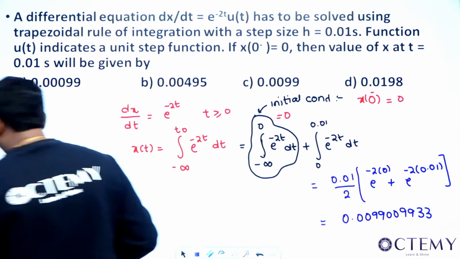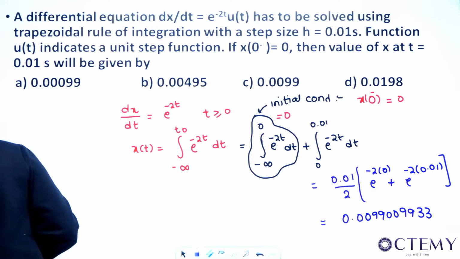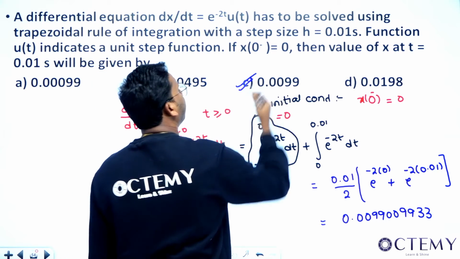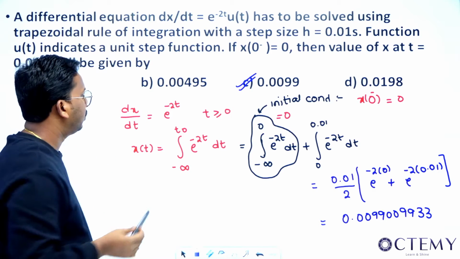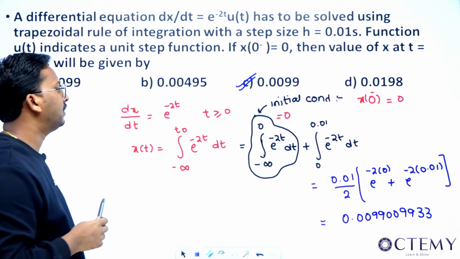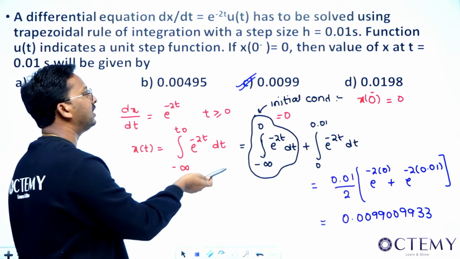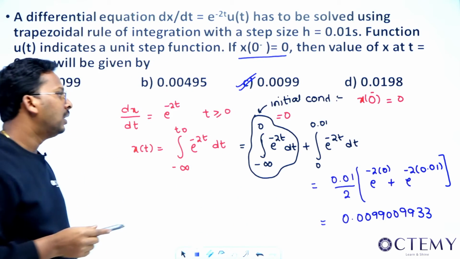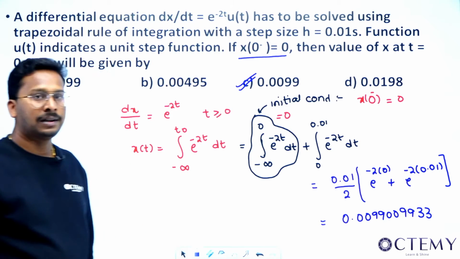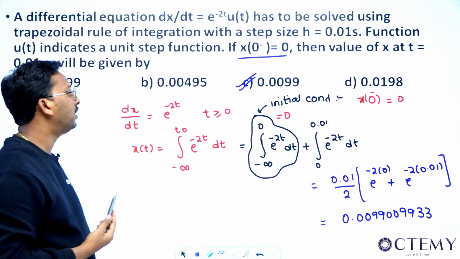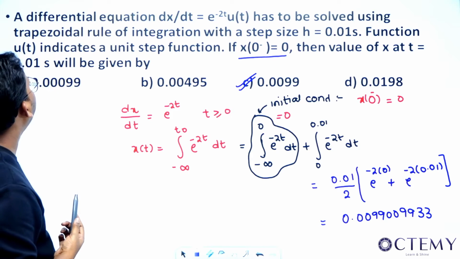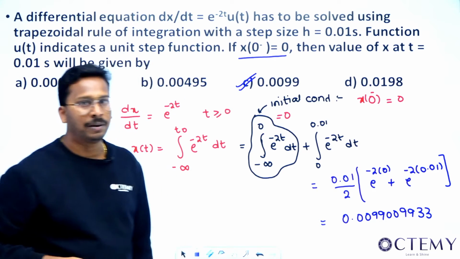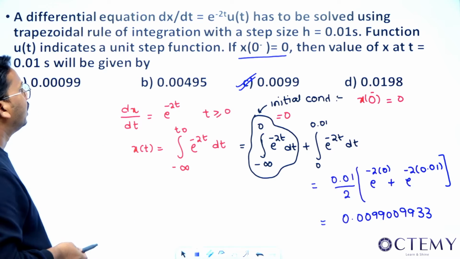So if you check the options, the option C should match, sir. This is perfectly alright, right? So this is how you solve the differential equation using integration. We are just doing the integration, but the initial condition has to be considered. If the initial condition was not 0, then definitely it would have been added here, sir. Right? So that's why this is a very important question. Now, what rule did I apply, sir? Trapezoidal rule applied. So first plus last, trapezoidal rule I have applied, sir. Very good. Let me go to the next question.